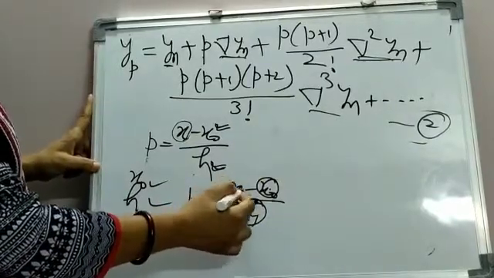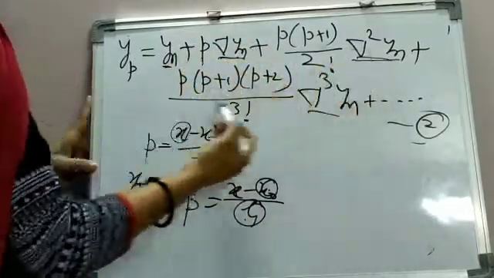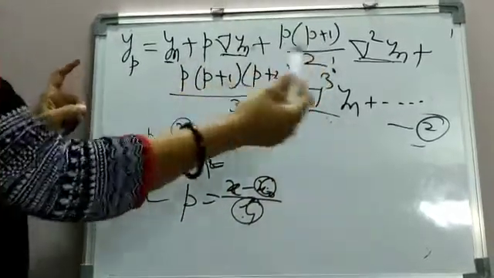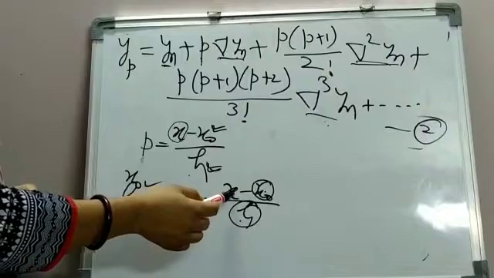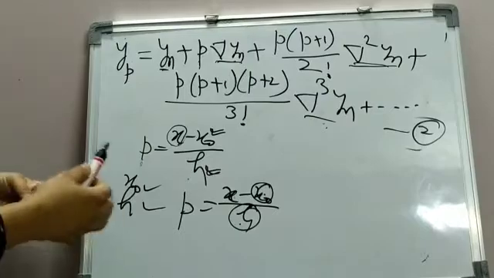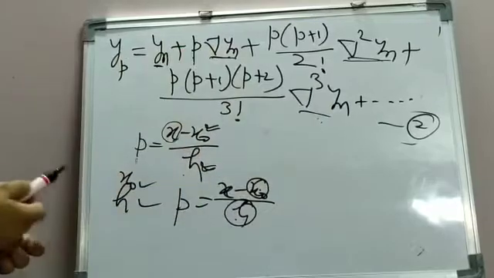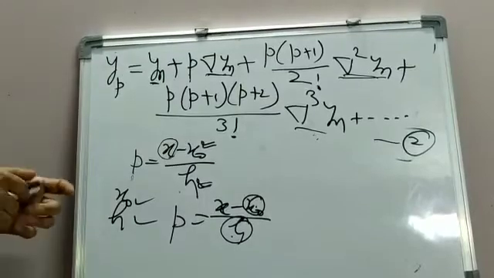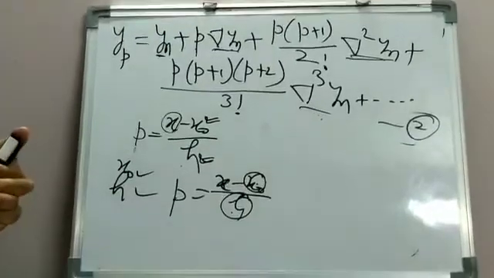You will write it in terms of x. So here also in terms of x, and these will be the numerical values which can be obtained from the table. After simplifying that, you can get the interpolating polynomial in terms of x. After that, if you want to find the value at some particular point, then substitute the value of x in that polynomial, and you will get the value. So this is how the Newton forward or backward difference formula is applicable for solving some real life problems. Thank you.